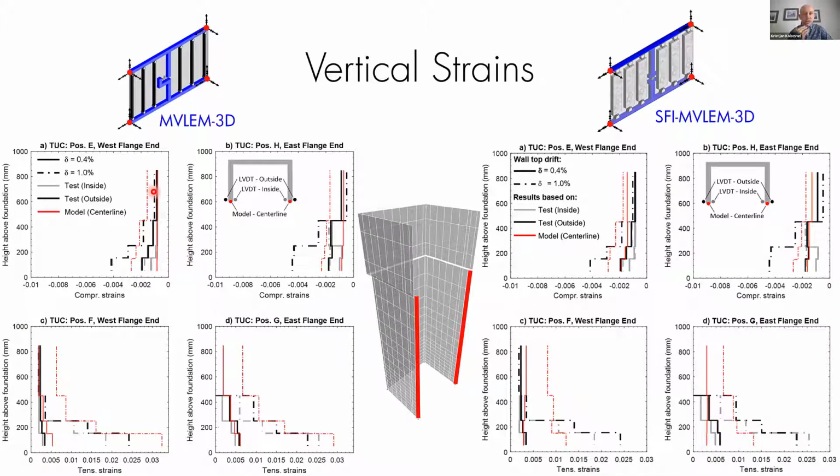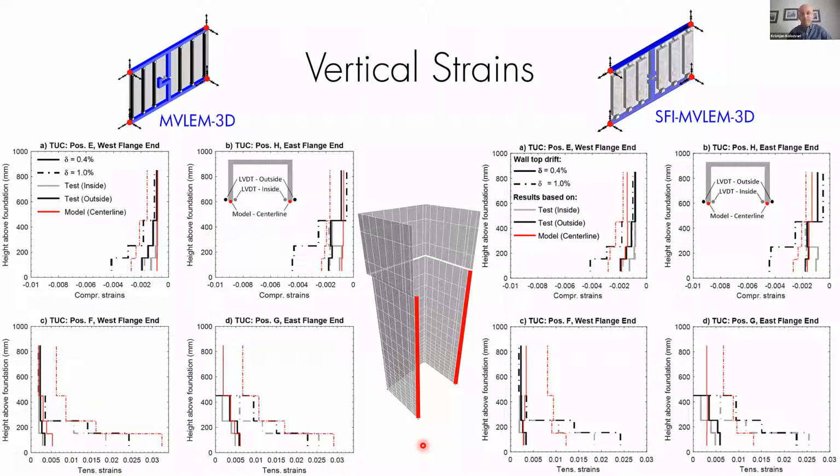And you can see in terms of the strain predictions, a reasonable job, I would say, in terms of predicting tensile and compression strains in both of these elements. And these are strains along the flange over here, along the height, right? Not perfect, but not totally off. I mean, predicting strains in concrete is quite challenging. And also keep in mind that these are really not an apples to apples comparison. The model results are obtained here at the center line of these walls, and the test results are shown for the LVDTs that are inside and outside of the walls. So, looking at it that way, the model is, I would say, reasonably accurate in terms of predicting the strains